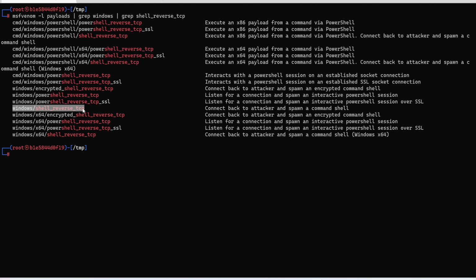Why? Because it's 32-bit shellcode and it's stageless and it's for Windows. So msfvenom, please give me a payload for Windows 32-bit shellcode, reverse shell TCP. I want the LHOST to be localhost because I'm going to run it directly on my own box, and the local port, well, let's just call it 4444, and